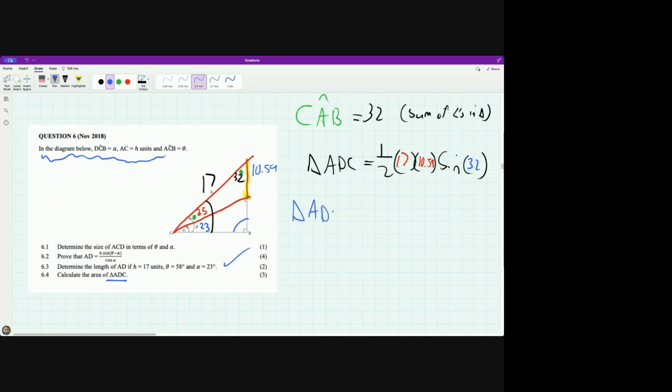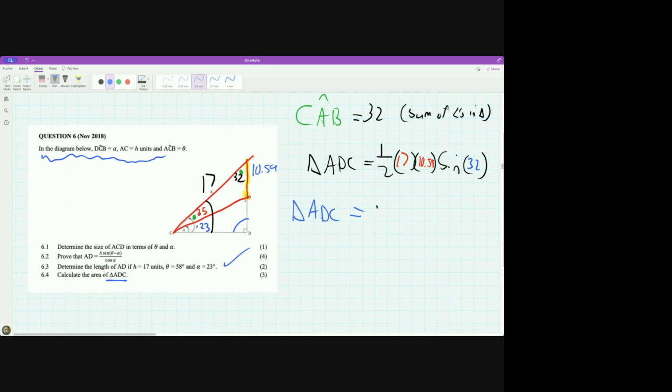So what is the final area of my triangle going to be? I'm going to put that into my calculator too to help. Thanks, Annalena. I see you got that. 32.5 times 17 times 10.59 times the sine of 32 equals